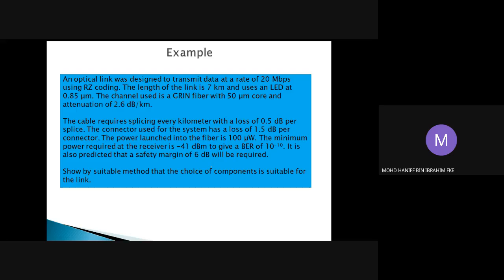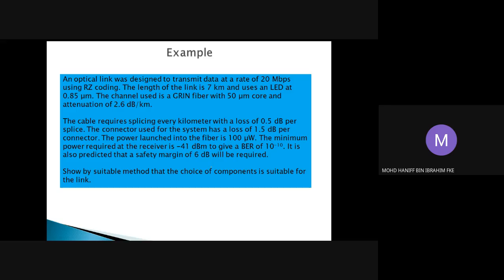So the question is, show by a suitable method that the choice of components is suitable for the link. So you have to testify, by calculation, that this particular selection of system components will work effectively